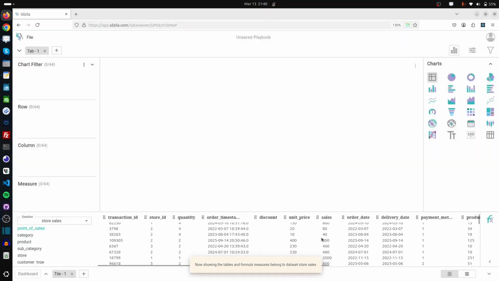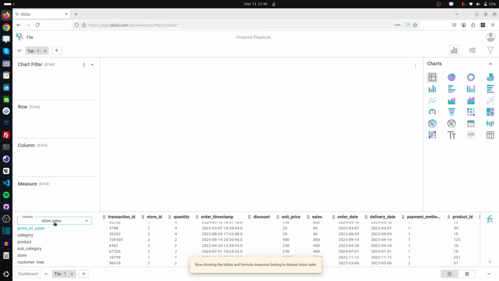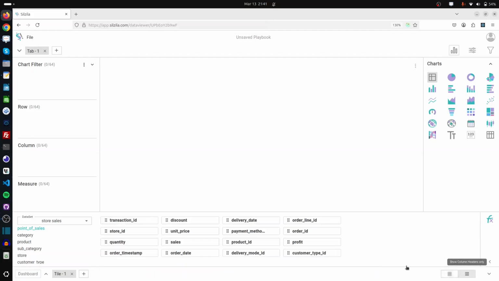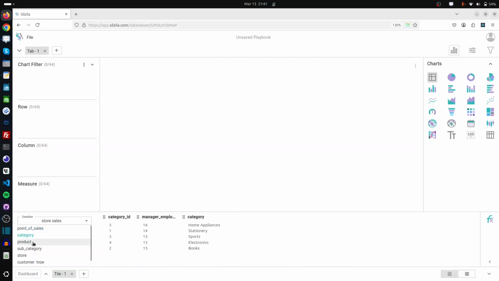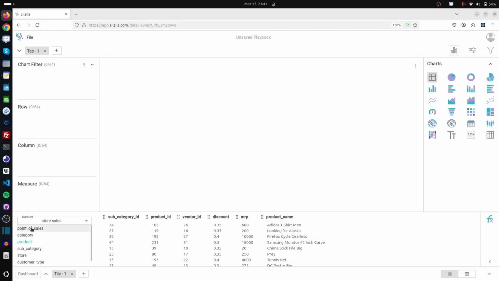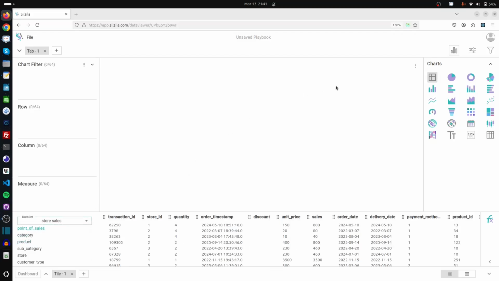So if you look at the bottom left, these are the tables available in the data set, and if you look at the right bottom, you will see the table structure of the table name, and I can choose table view or I can choose the column name only view for the particular table. So these are the different tables available in this data set. Now it's time for charts. By default it's cross tab, and